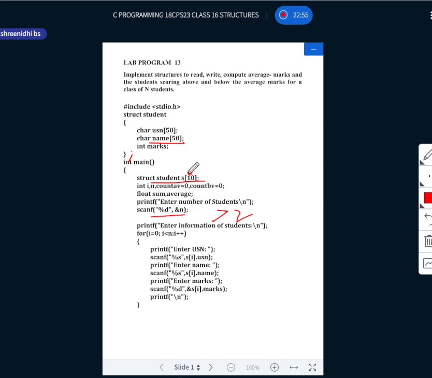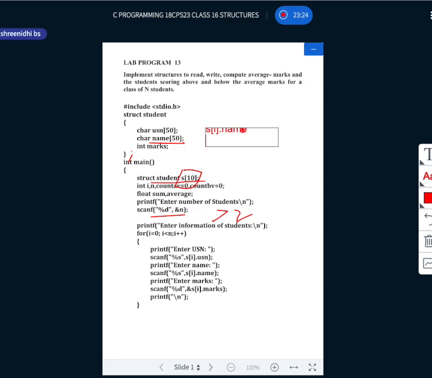So what's the structure variable I have created? Yes, this is my structure variable. To access any one of these structure members, I will access it as s of i dot name.